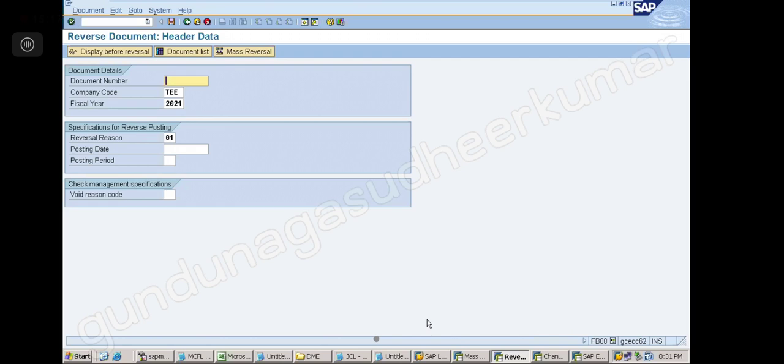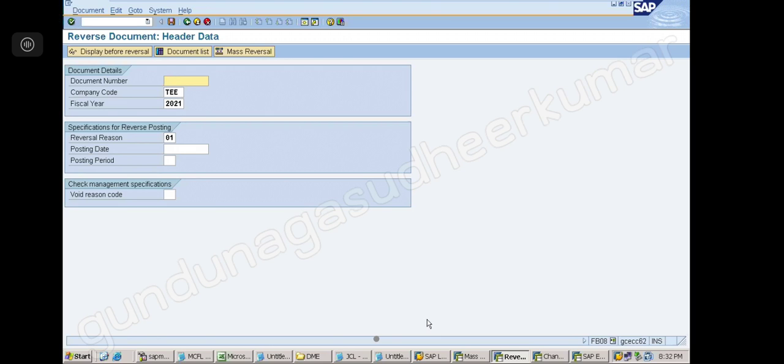When we create a fresh entry also, we can't change the dates, sir, the posting date? Fresh entry is your full freedom, na? You can give whatever you want. See, when you are reversing, even though my problem is only with the amount, I cannot reverse only the amount. Not possible. The entire document will be reversed. If there is a problem with the date, I cannot reverse only the date. The entire document is reversed, cancelled. Then you post a fresh entry with the correct date.